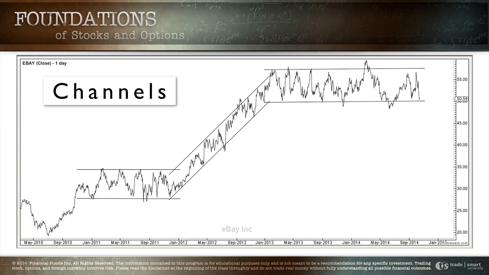Was it? Yeah, this is 2013. This was last year. No, let's see. I'm confused. January 2014 to January. That must be 15. This is a current chart. Forgive me. I got confused with my dates across the bottom. Take a look here at eBay. eBay was in a nice sideways channel from September, approximately 2010, through the end of the year, basically 2011, the real world. Between January 12 and January 13, we had an upward channel. And for basically the last year and a half, we've been trading sideways in a sideways moving channel. Does that look like something we've learned about tonight?